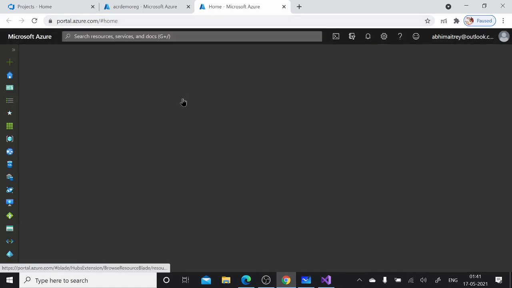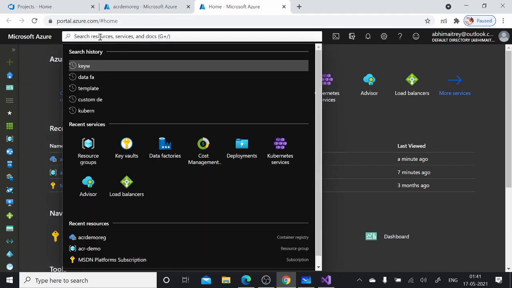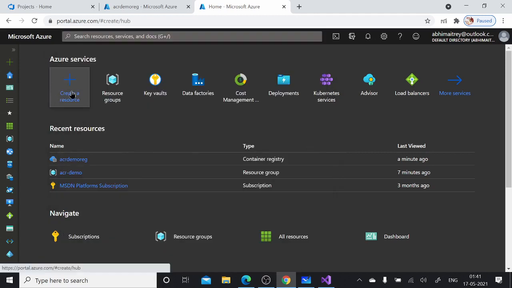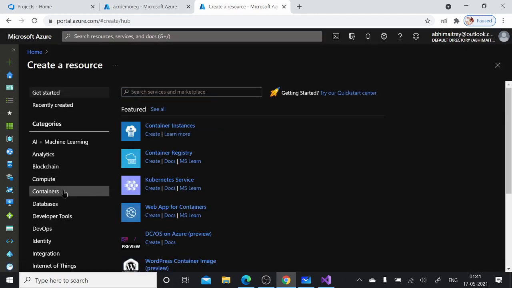I just open another duplicate window of Azure portal, and yeah, it's coming. Now the other option is we will go again to create a resource, either this here or maybe there, or maybe we can write somewhere here, right? So that's up to us. There are various options. Now again go to containers, and there is a container instance. Click on this,